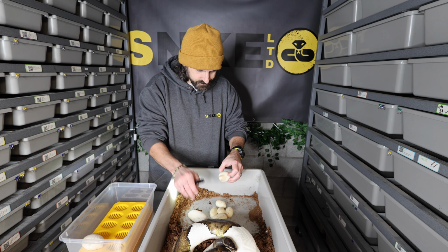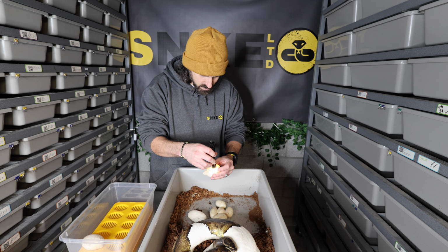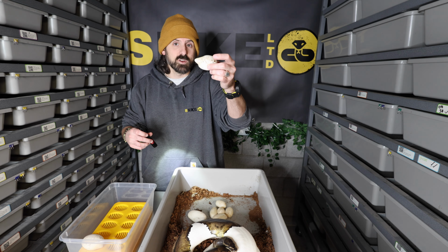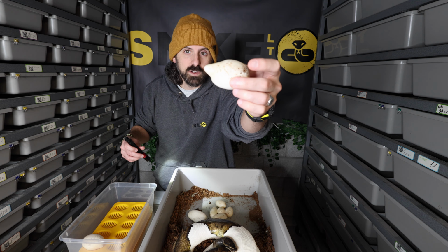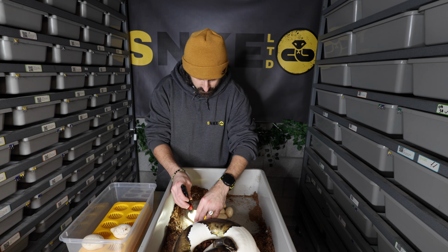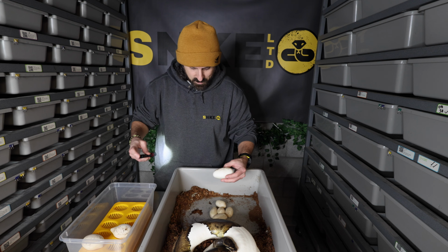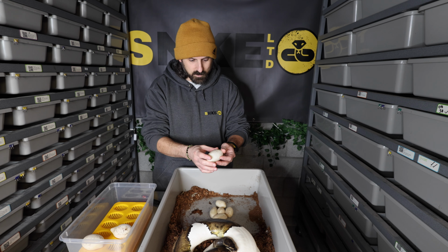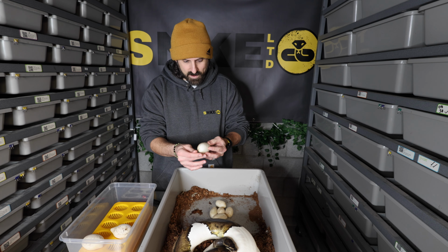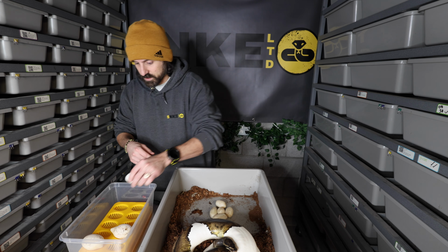There's a shot. Same thing here. Very weak. Oh, this one has a little more. I can see an embryo there. This is what you call a boob egg, and I've never actually seen one that severe. That's actually kind of a crazy looking one there. But again, there's a small little embryo there. And this one big egg, again, it has an embryo, but it's very weak. Not a ton of veins in there. I'm just going to clean this off a little bit. I don't have a whole lot of hopes that any of these actually hatch or turn into anything, which kind of stinks because I really